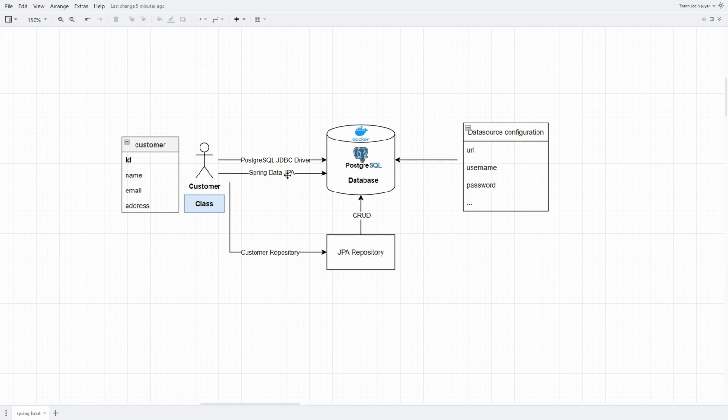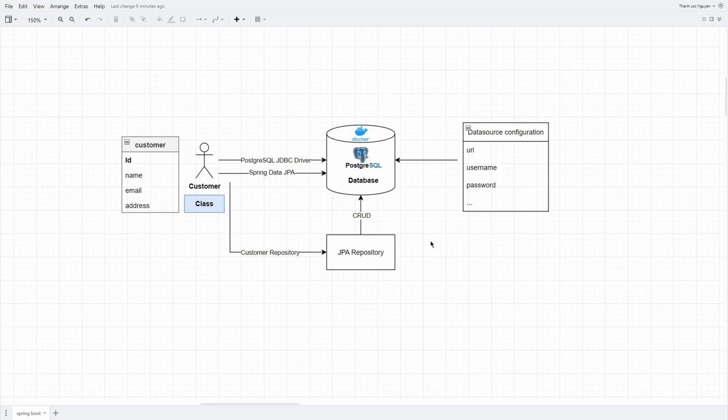And the third one, we need to set up the customer repository, implementing the JPA repository in here, to perform the data access in here. And the last one is the data source configuration in our application to provide the URL, username, and password, and others as well, to be able to connect to this database. And I will explain all of this in a second.